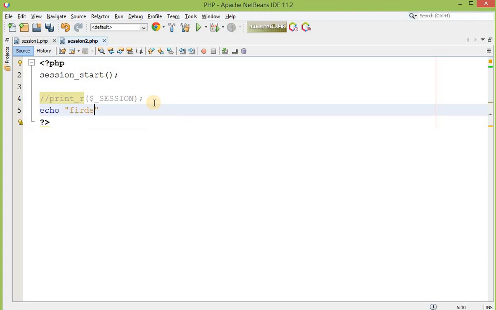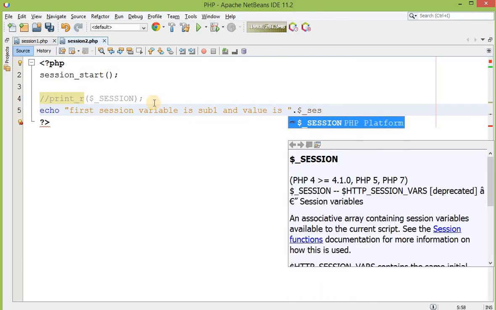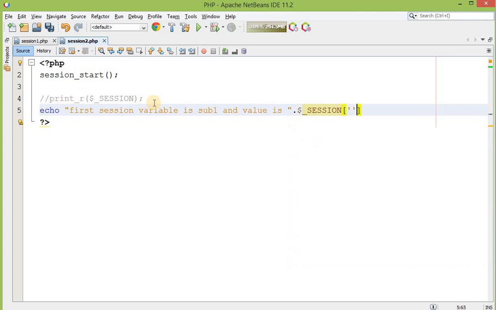First session variable is set. It is subject1 and the value is $_SESSION, and the name of your variable is subject1. You can see that over here it is subject1.